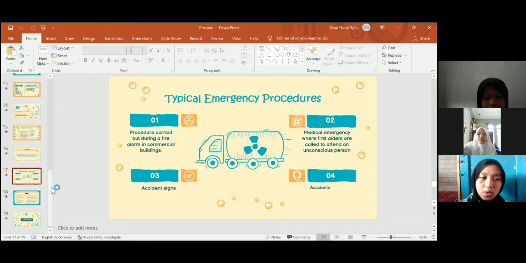So the second one is medical emergency, where first aiders are called to attend an unconscious person, and after checking their airways and general condition, put them into a recovery position while awaiting the paramedic. So before we wait for the